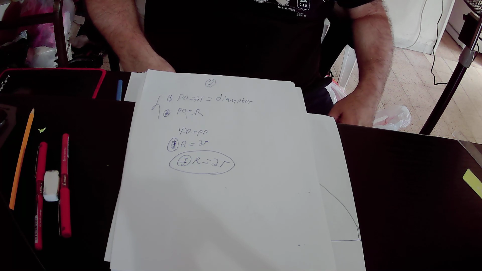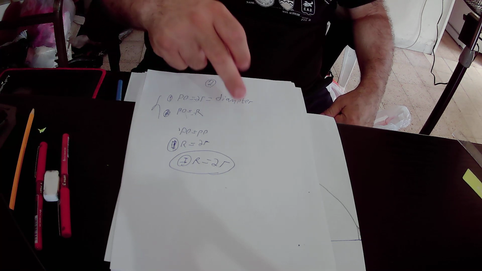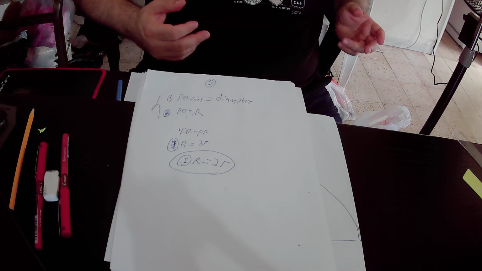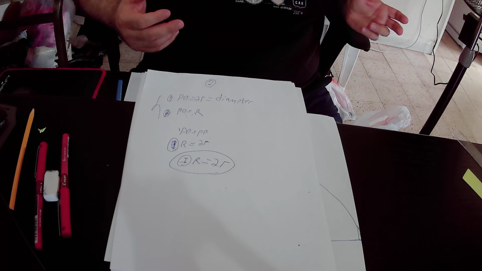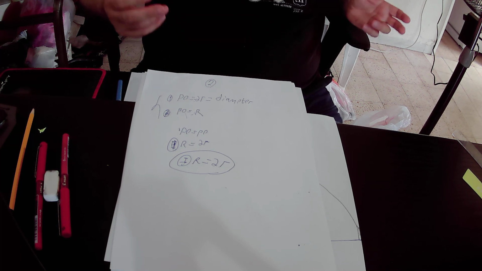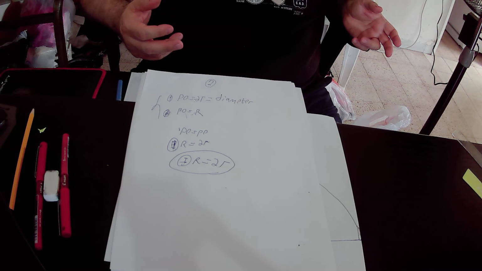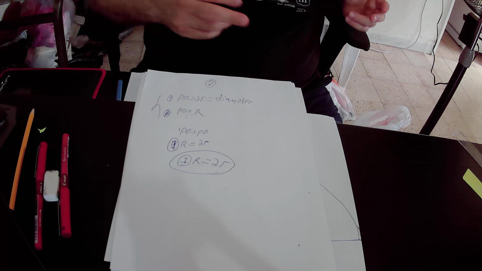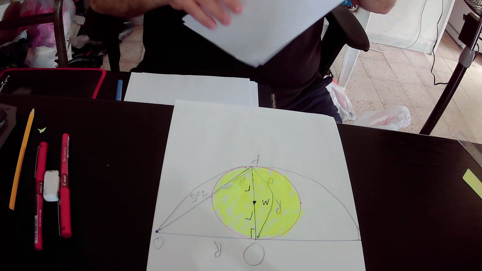Or in other words, the radius of the semicircle is twice as big as the radius of the yellow circle. Okay, so